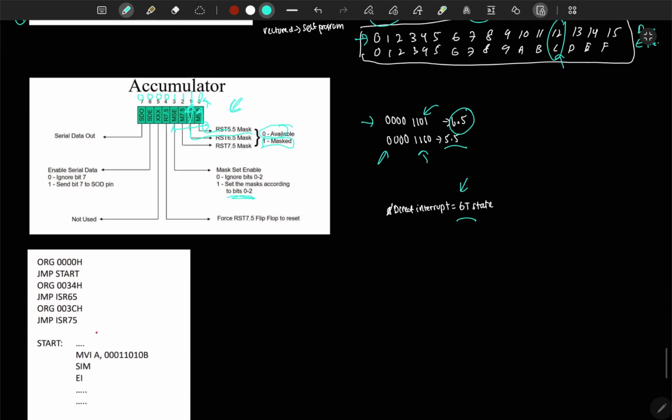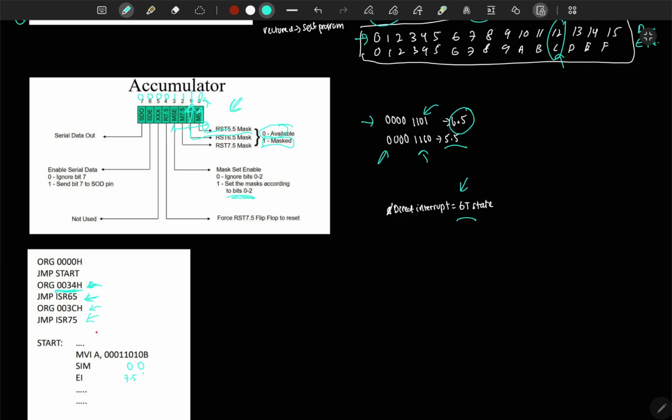Now, in this program, I'm trying to use 6.5 and also 7.5, where the ISR is 34 and 36. Do we need this? Yes, we need this. So we put the address and we tell it to jump to the ISR. This could be changed to anything, jump interrupt 1, interrupt 2 or anything, but this ISR address needs to be the same. Now we see here we have 0 and 0 here, which means that 7.5 and also